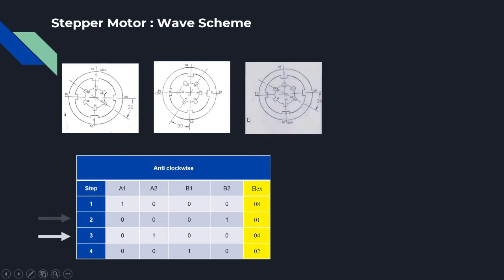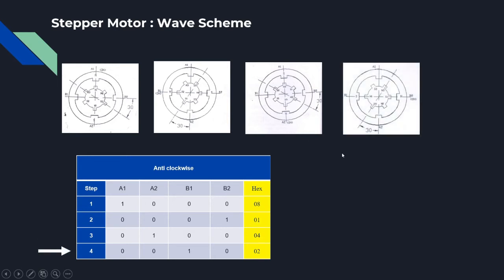And then if you proceed further, let's energize the A2 coil. When you energize the A2 coil, the corresponding rotor pole is getting aligned to the A2 coil. And then finally, if you energize the B1 coil, now the corresponding rotor pole is aligned with the B1 coil, right? So almost like for every 30 degrees.